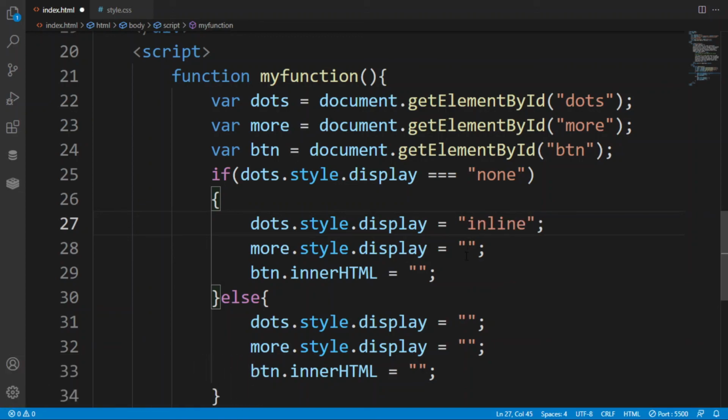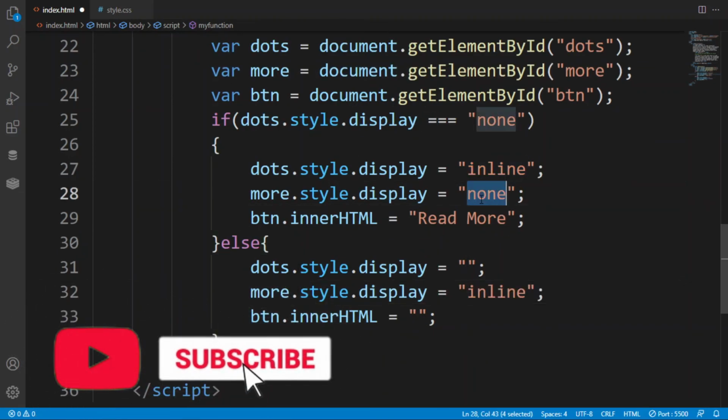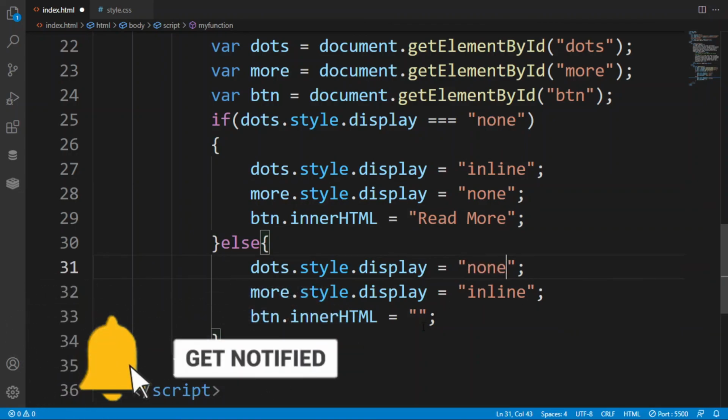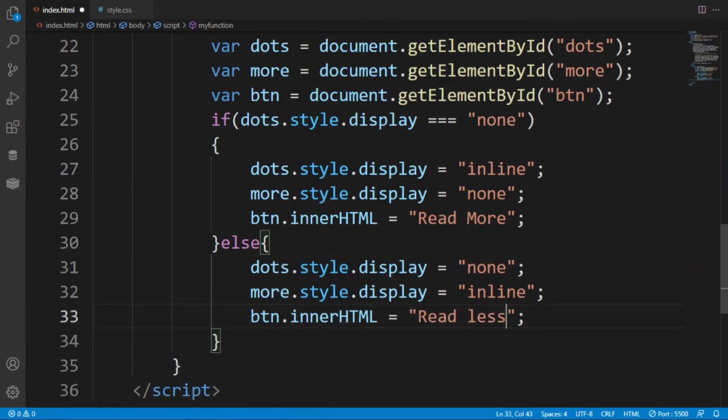So here I am giving the dots display inline. If you use block, then it will come to the next line. Here in this, more is none, and here innerHTML will be read more. So after this I have created just the opposite of this, and here I have written read less.